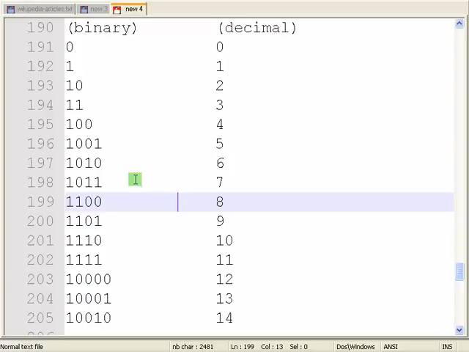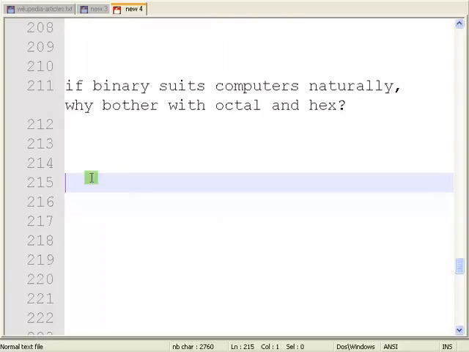other positional notation systems. So you may be wondering, if binary suits computers naturally, why do we bother with octal and hex at all? Well, because it takes so many digits to express even small quantities in binary, it makes them inconvenient when we have to write out numbers and such in binary. And this is actually where octal and hex are helpful, because they can serve as more compact ways of writing